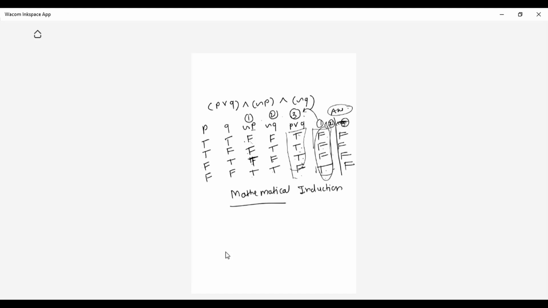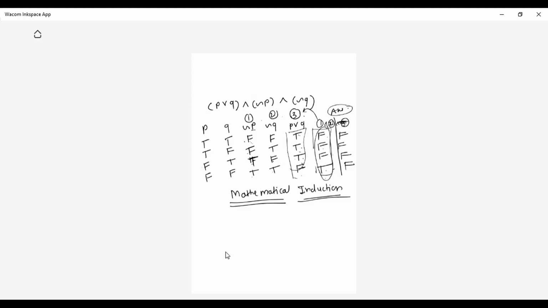Very important concept. Now student, instead of seeing mathematical statements and equations and the steps, we are going to see what this mathematical induction is, for what purpose we are using this concept, and what its application is. That you have to know, student. So basically, mathematical induction is a concept which is used to generalize the statement.